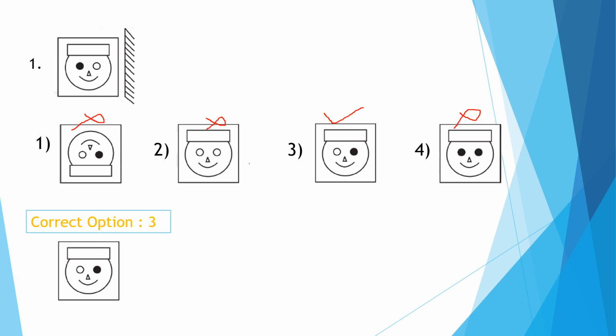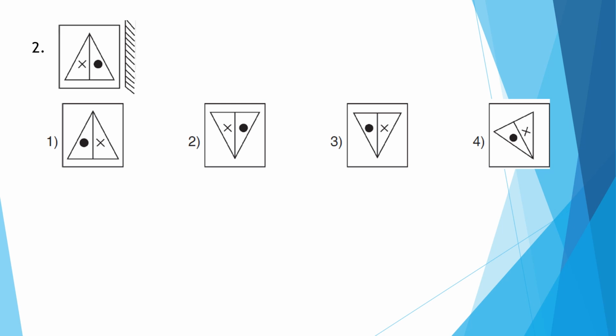Like that you will do. Then go for the next option. See here also left and right will be changed. Find out in this, the second option, up and down will change, so this is not it. This one also not, this has the angle changed, so this one also not. So the answer is this one. And observe here the cross and dot. In this option, dot and cross, just left and right only will change. So the correct answer is 1.